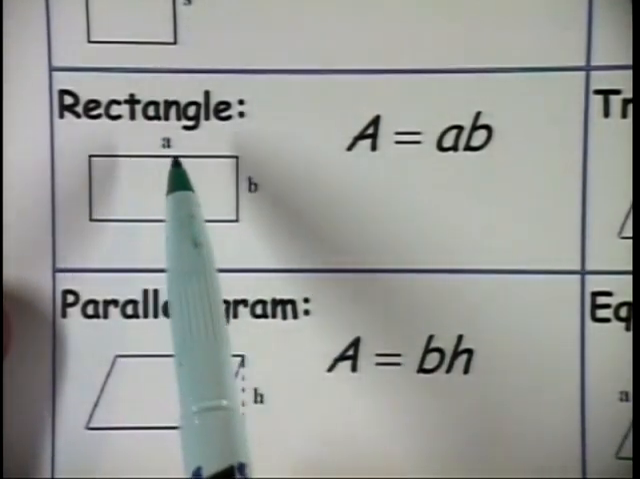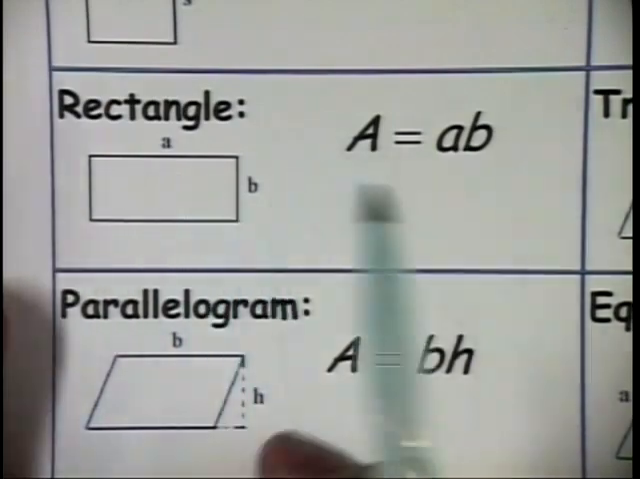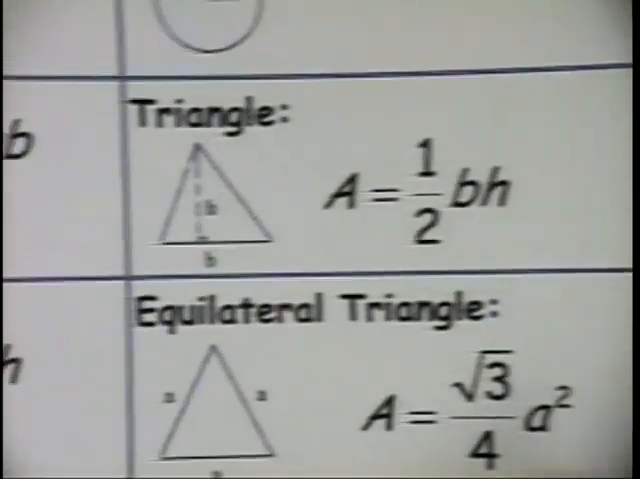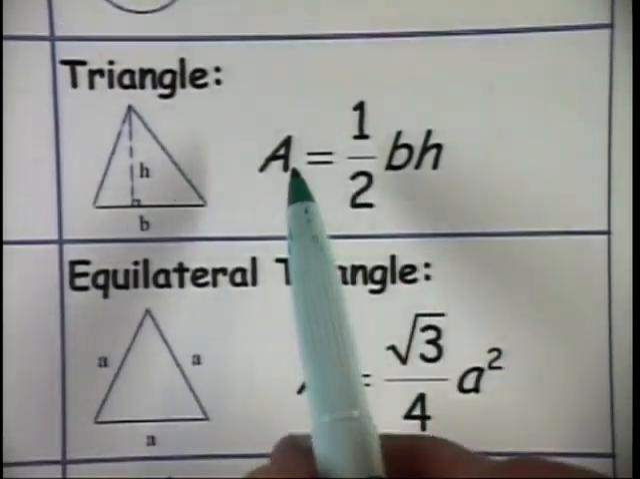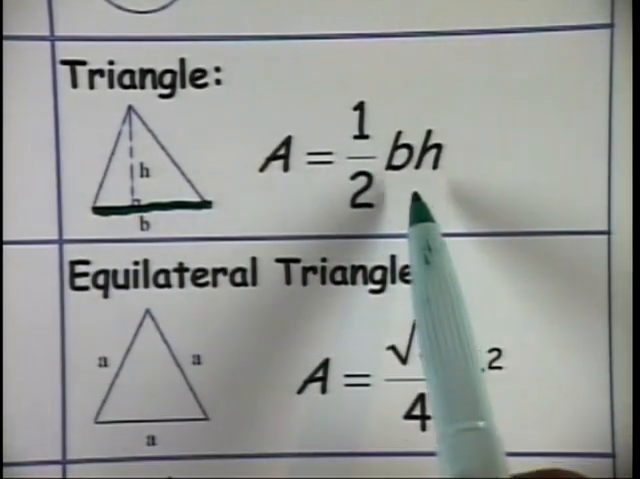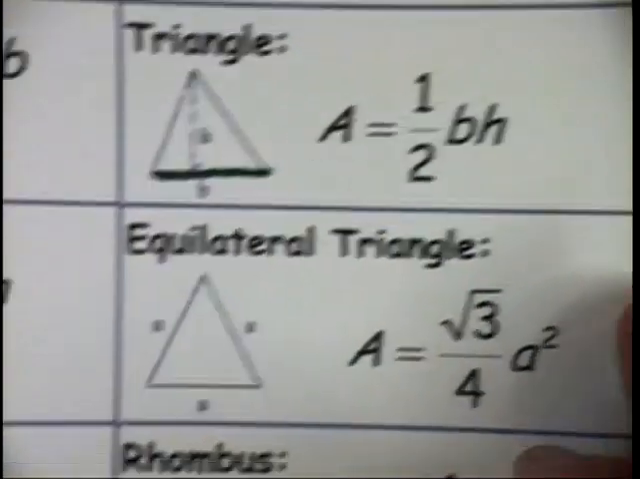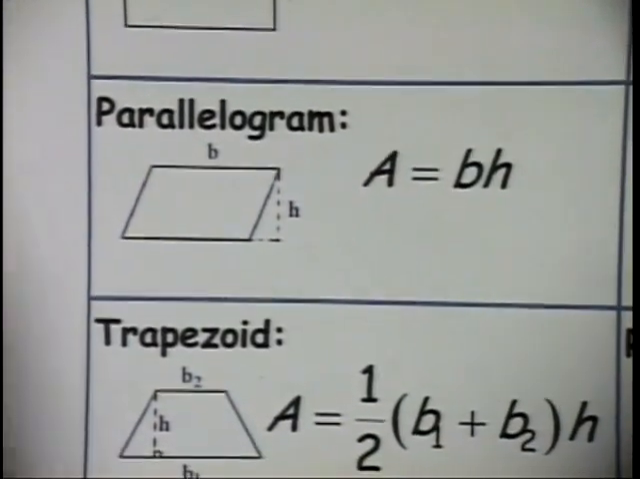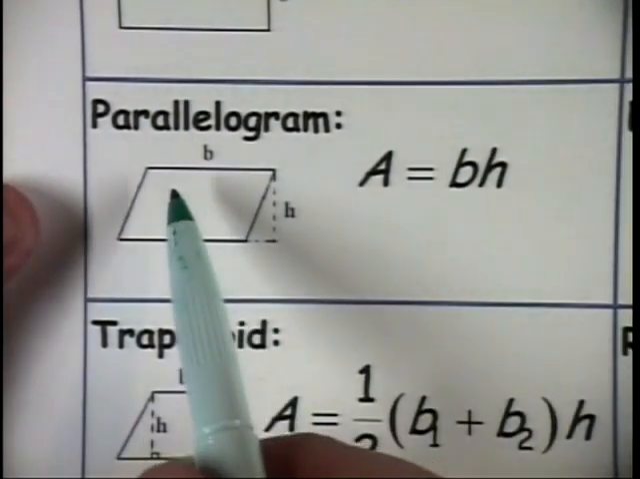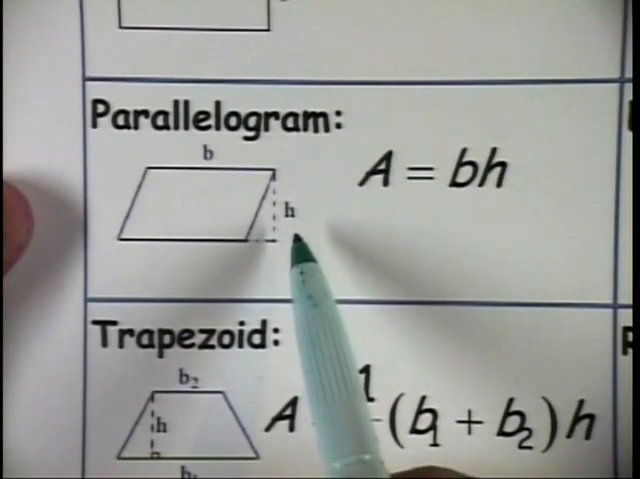Then we have a rectangle. A rectangle's area is A times B. It's like a square, except A and B are not the same. So it's just the product of the two side lengths. Then we have a triangle. A triangle's area is 1/2 the length of the base, which is this one here, times the height, which we called an altitude on a previous lesson. We also have a parallelogram, similar to a rectangle. It's the base, which is one of the side lengths, times this altitude, which we're calling h,